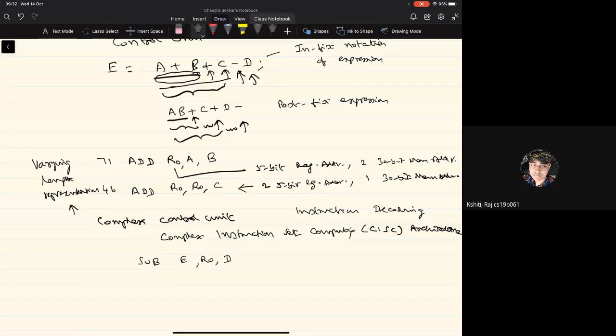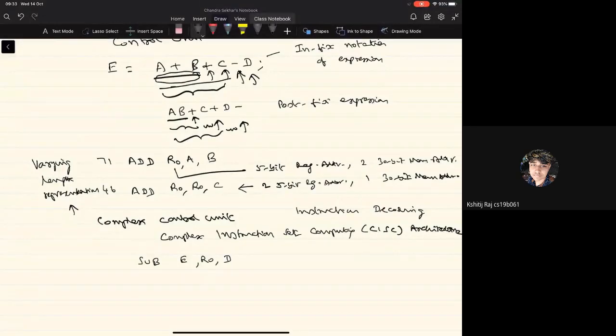the variable E, right? So again, we see that I now have an instruction where the operation to be carried out is the subtraction. The destination operand is a memory operand, and the two source operands are there. One source operand is a register operand. The other source operand is a memory operand. So we have seen that in order to represent this simple arithmetic statement, we have three instructions, and these three instructions have different kinds of formats, right? And this will lead to a complex way of representing the instructions.